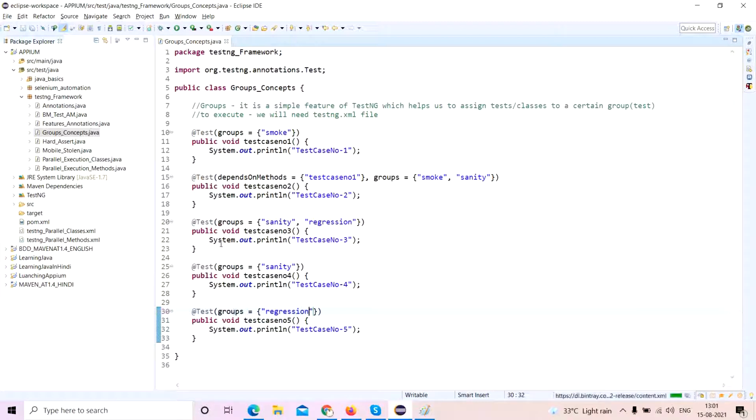As of now, for understanding purposes, I'm doing this as per my whims and fancy, but you will have to adhere to what your project actually demands, whether that test case falls under the groups you're allocating it to. So make sure you understand the functionality thoroughly and then implement this. You cannot implement it from day one. It will require a lot of time, understanding and grouping. This segregation puts this test case into this group, and that test case into that group.